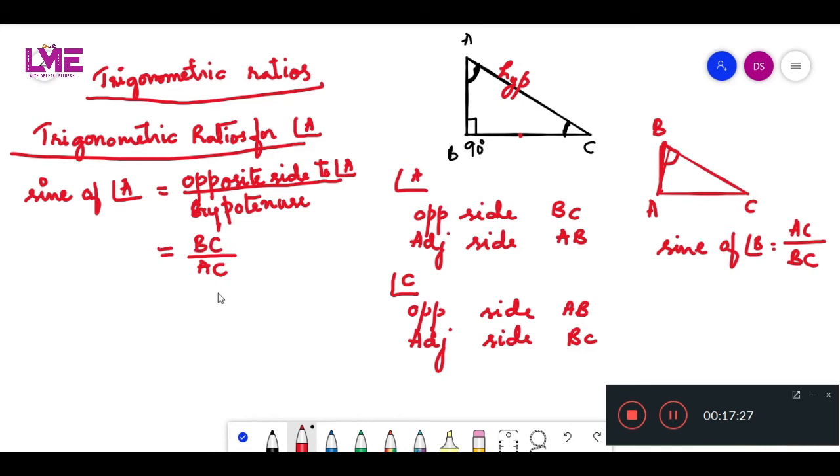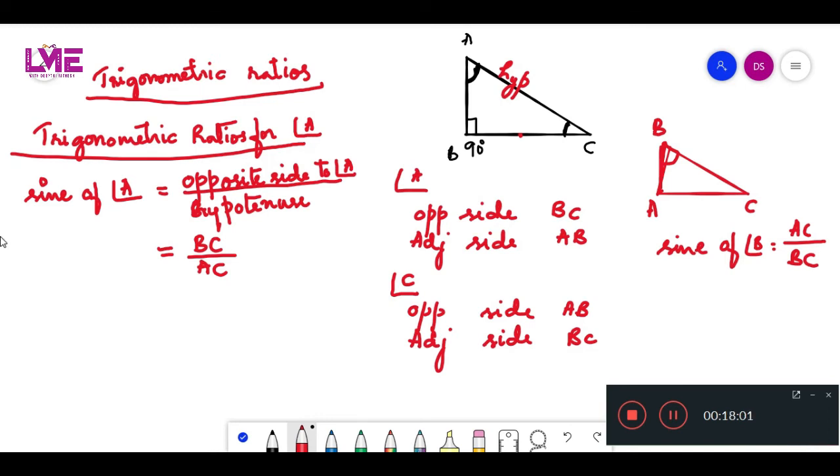So don't by heart this. The only thing you need to remember is how to identify opposite side, adjacent side and hypotenuse of the right angle triangle. Here, the opposite side is now AC and the hypotenuse BC. So whatever notation we are using here will be different. So always remember that when we write trigonometric ratios, it is very important to identify where exactly the angle is formed and the opposite and adjacent sides of this angle.